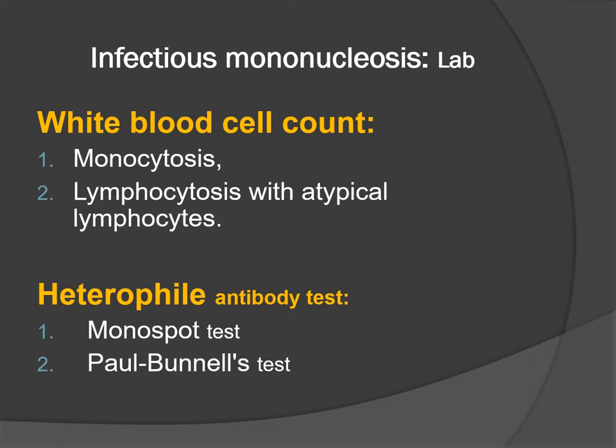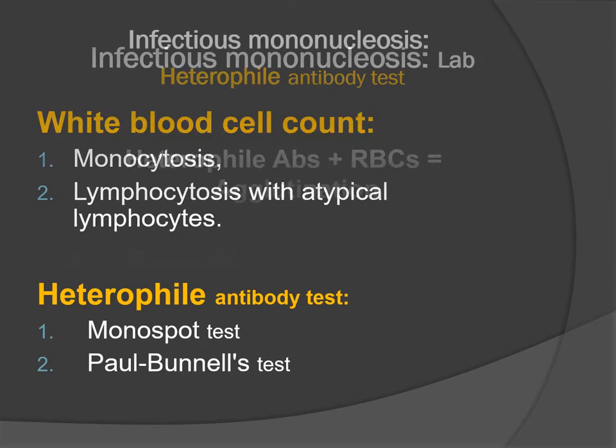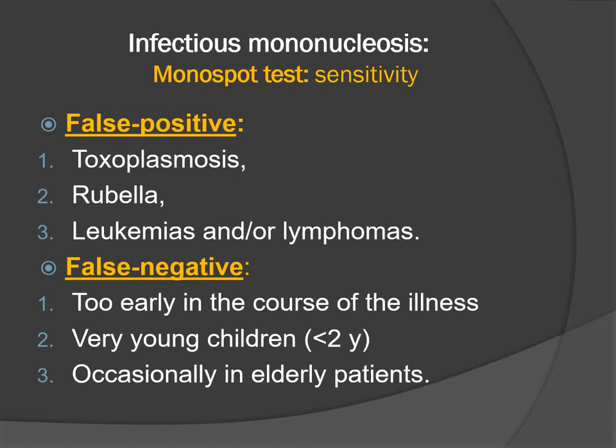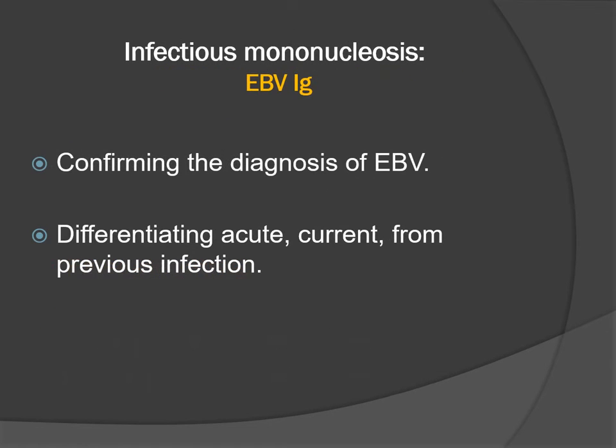Heterophil antibodies: the monospot test or Paul-Bunnell test. Both are agglutination tests, but the first uses horse RBCs and Paul-Bunnell uses sheep. False positive and negative results occur. Lastly, we are going to the sure investigation,